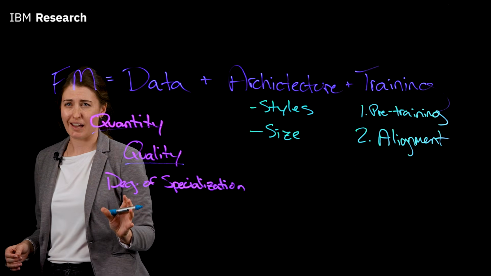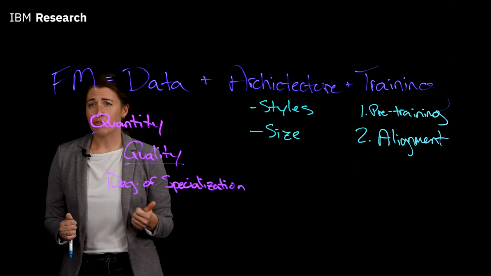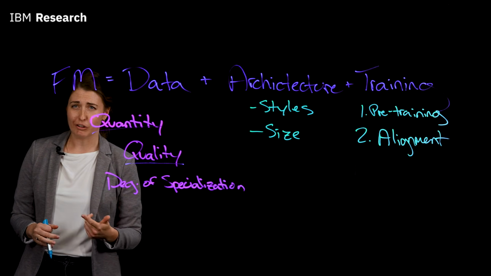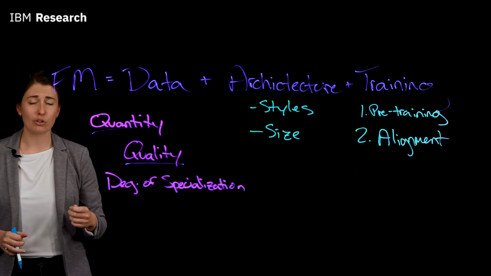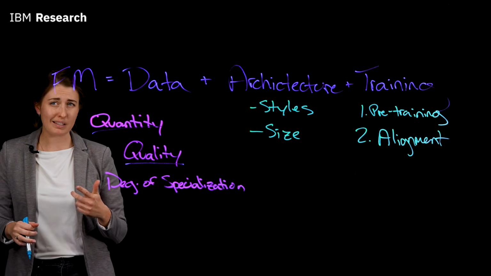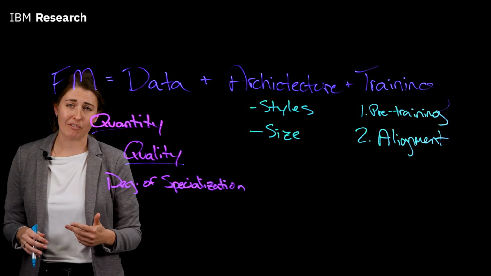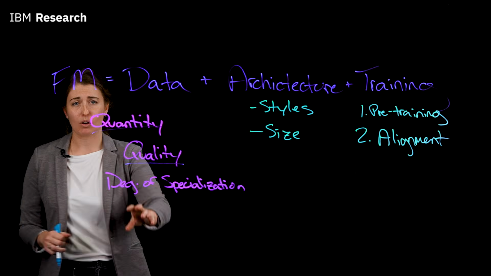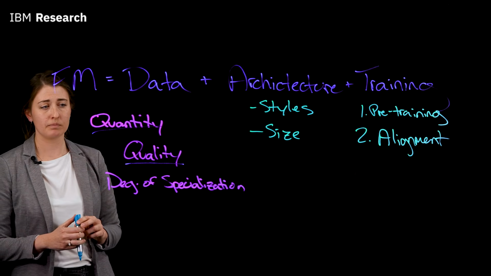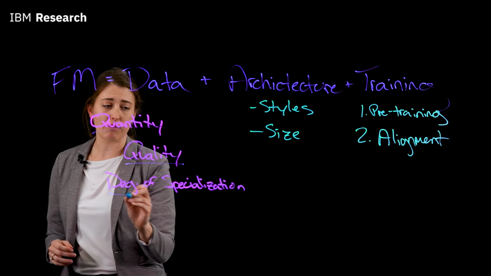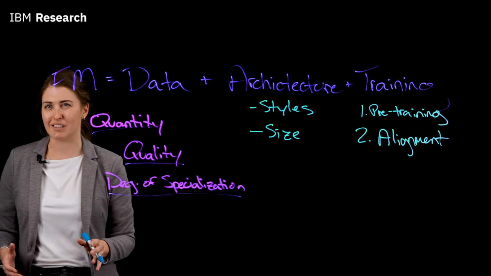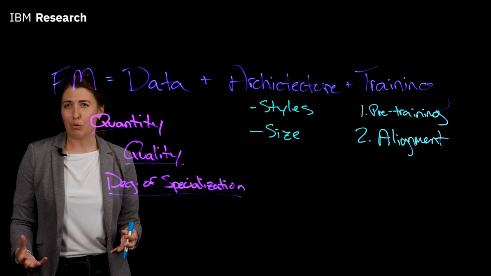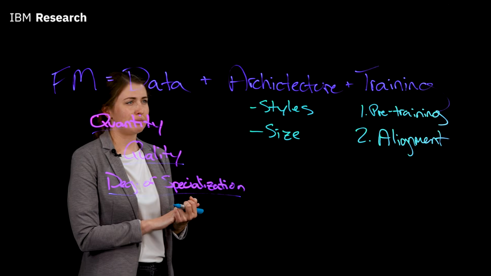In addition to building a huge amount of data for training, we're taking a heavy emphasis on the quality of that data, making sure that it's taken from reputable sources and that every single data point that we collect and curate goes through legal reviews, ensuring there's no ownership issues, copyright issues, and then is red teamed in order to identify what potentially toxic information needs to be taken out to make the quality of the data as safe as possible. And then finally, we're actively targeting different degrees of specialization, things like finance and cybersecurity, so that we can train these expert models that are going to be more efficient for our enterprise needs.